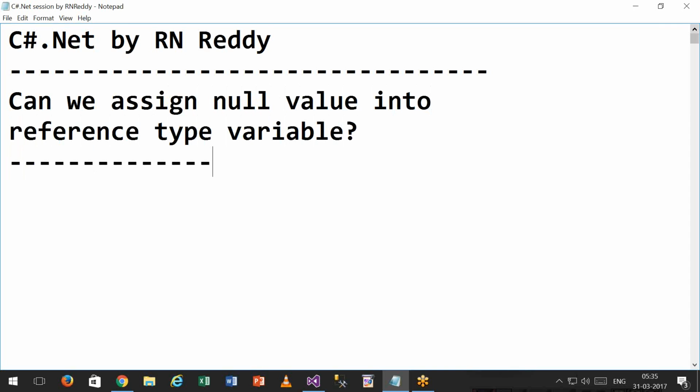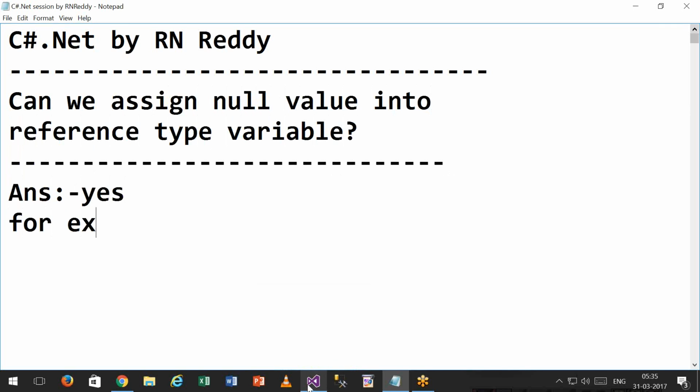Can we assign null value into reference type variable? I think we can assign because reference type variable holds address. Right. Can we assign null value into reference type variable? Answer is yes. For example,